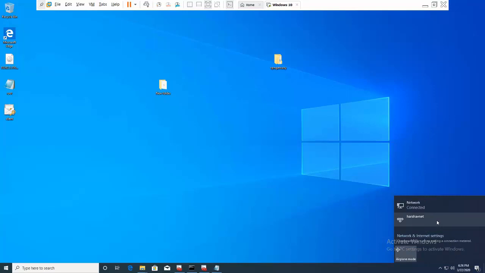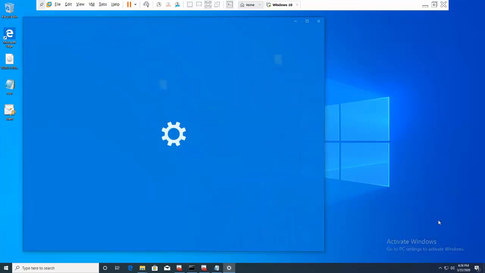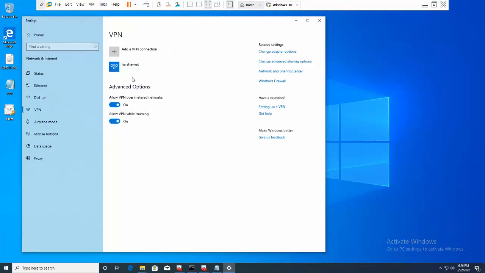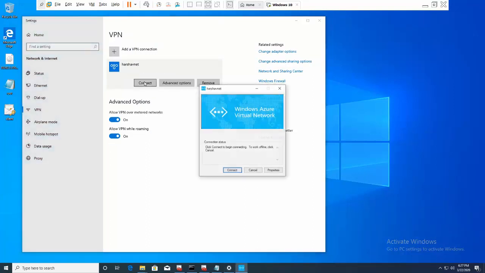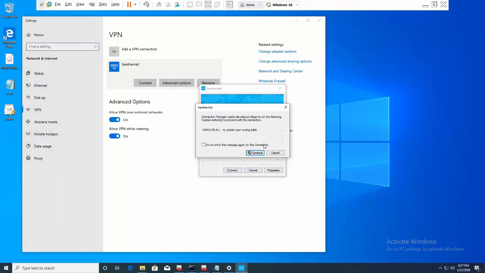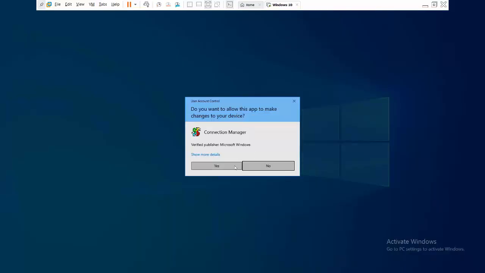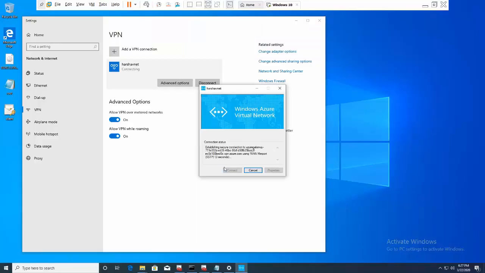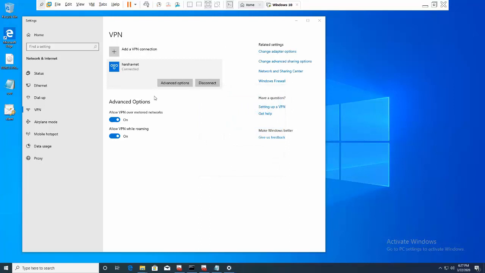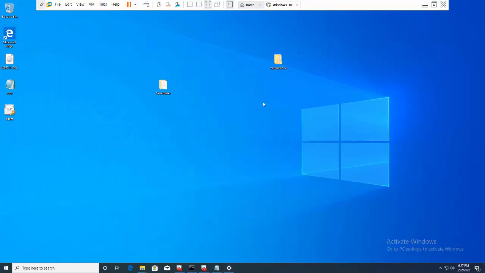Here we have the VPN. Once you open that, click connect, yes. Yes, we successfully got connected to our vnet. Okay,